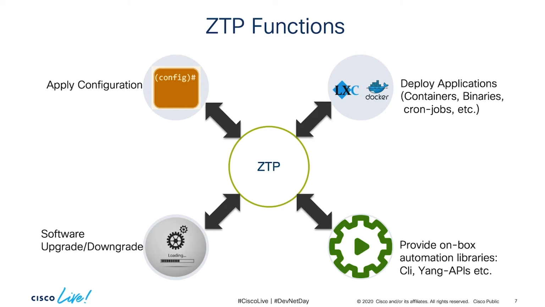And of course, remember that the ZTP script itself relies on on-box automation libraries that are provided, so that you can either provide a Python script using the Python ZTP library or a Bash script using the Bash ZTP library to completely automate the bring up of the device. This includes complete access to XR CLI, and with release 7 of XR, you also have the capability to use Yang encoded XML files that can be directly pushed into the system so that you can start with Yang based onboarding right from day zero.